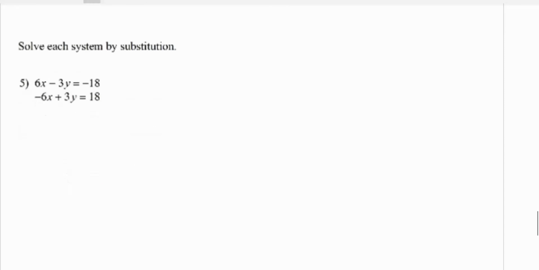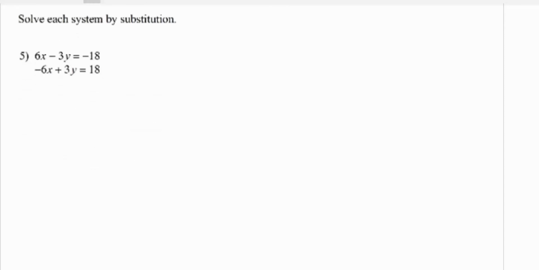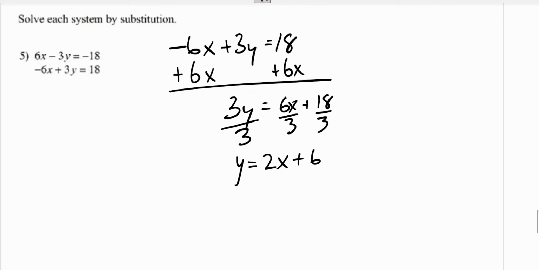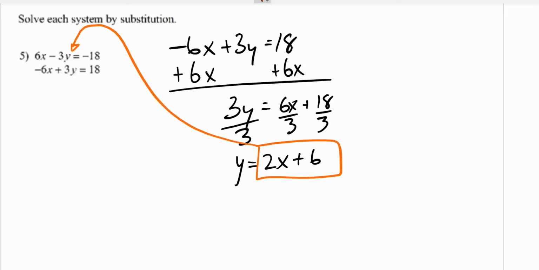And our last example, try doing this one by substitution. So if we take our second equation, negative 6x plus 3y equals 18, and we solve that for y, we'd add 6x to both sides, and we get 3y equals 6x plus 18. Divide by 3, and we get y equals 2x plus 6. And now if we substitute in our value of y into the top equation,